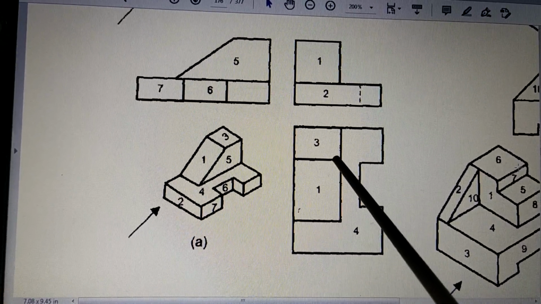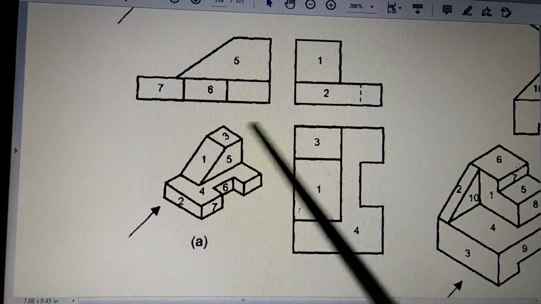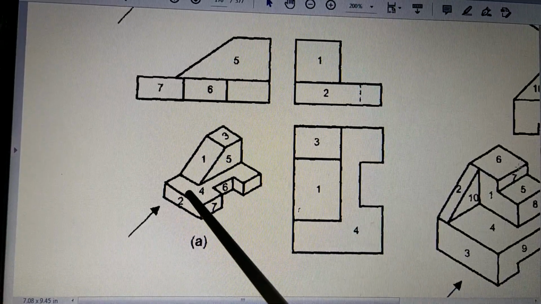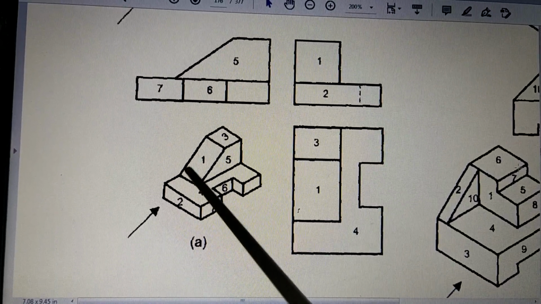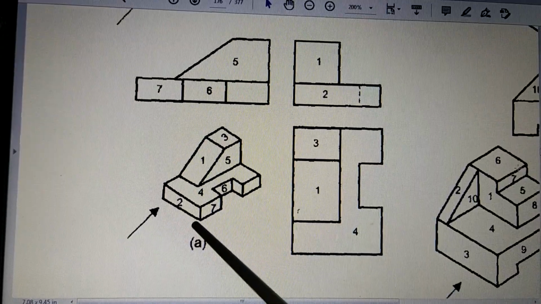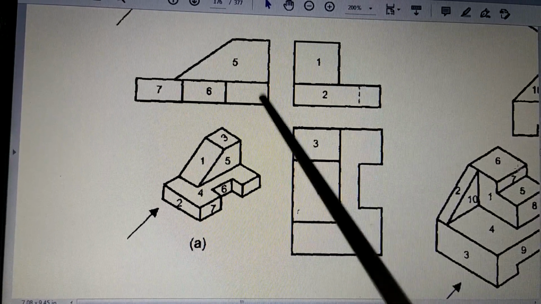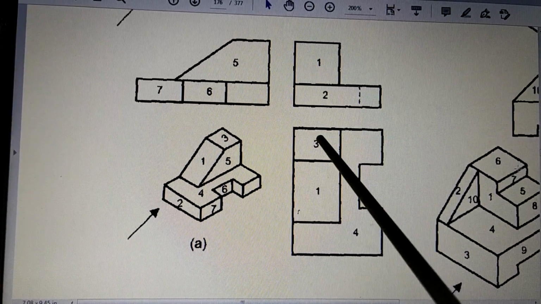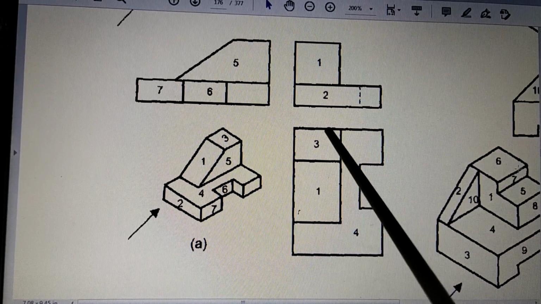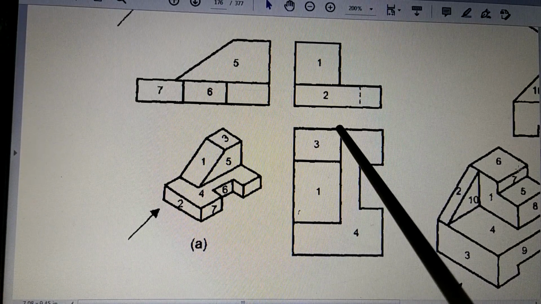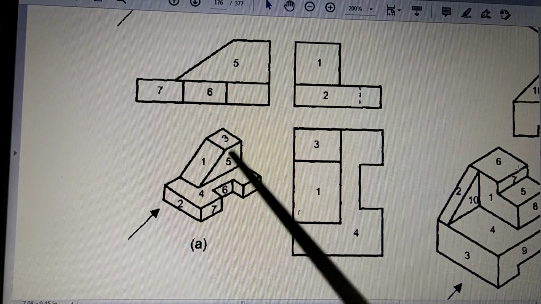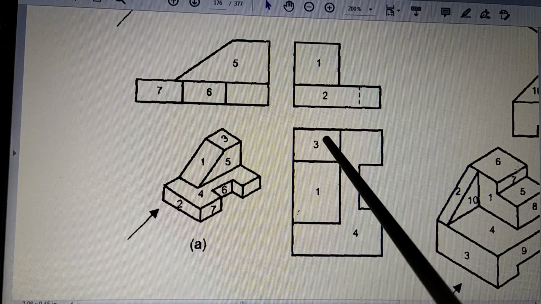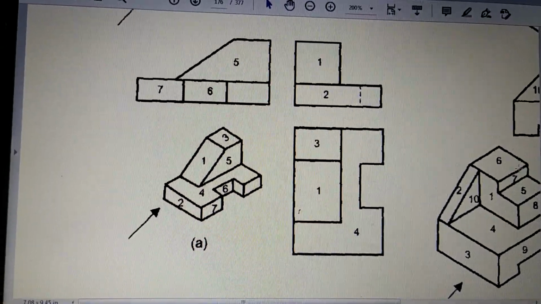But in real cases, suppose there is a part of a machine and you want to make this part. For making this part, the drawings are prepared. How are the drawings prepared? Drawings are not prepared like this with dimensions. Drawings are prepared with the orthographic views, and all the dimensions are shown in the orthographic drawings. So looking at the orthographic drawings, the reader of the drawing realizes that the object is like this. And then using these dimensions, using the manufacturing processes, the parts are made. That is how the procedure goes. Now let's take the next problem.